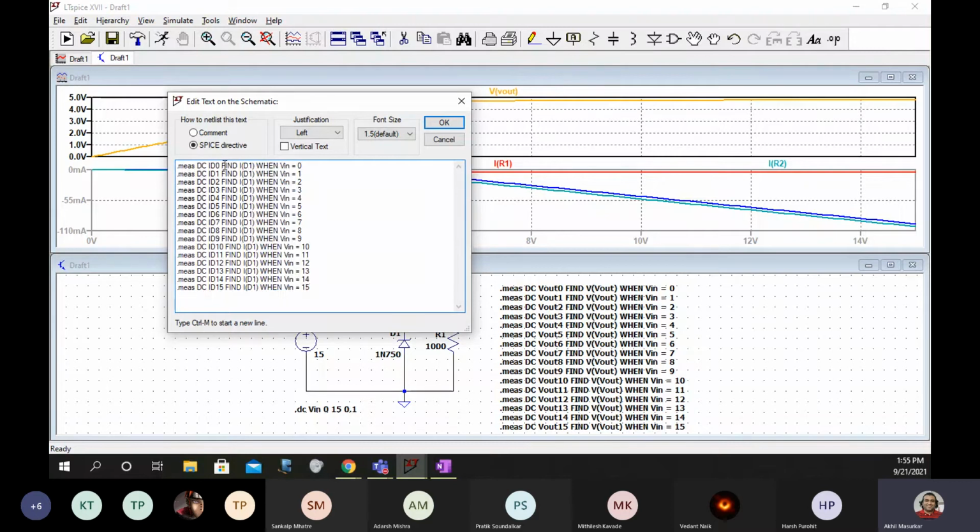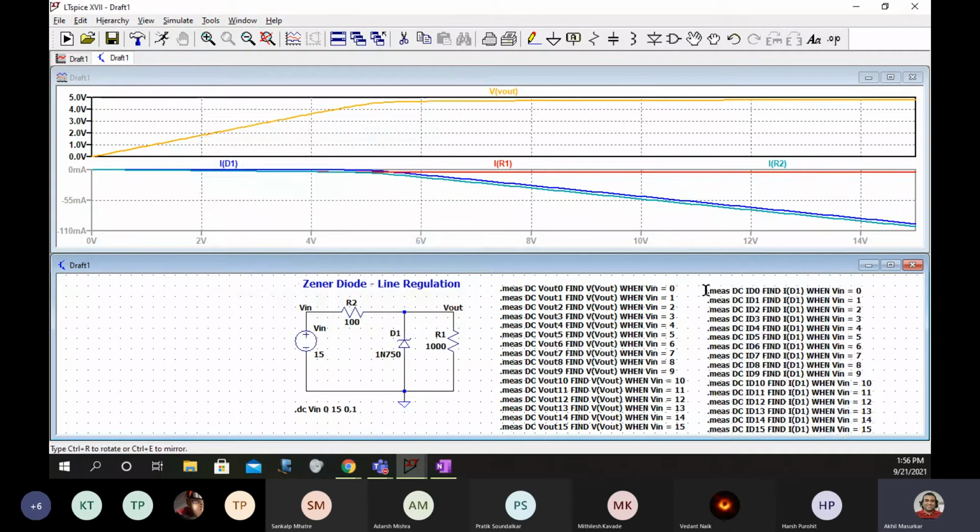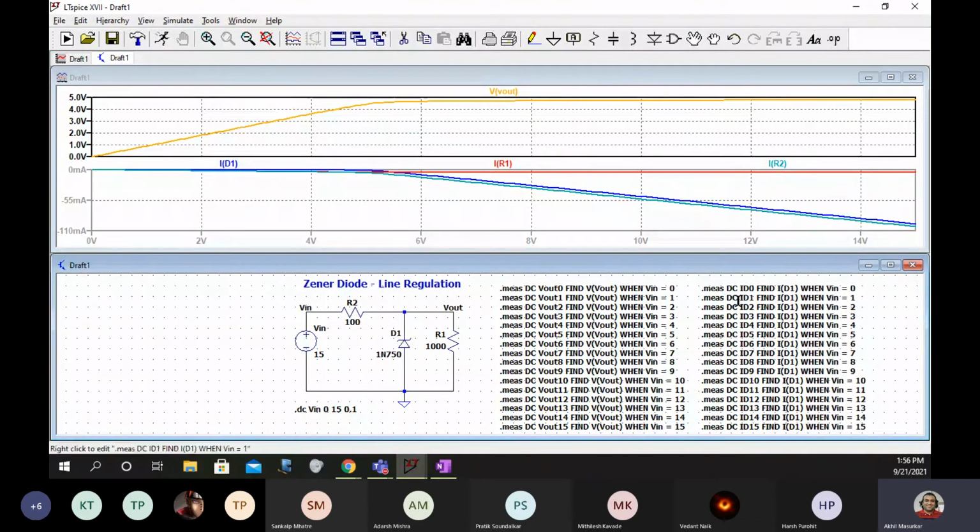Now you can see I want the current through the diode D1. So I write ID1 when Vin equals 0 and store it in the variable ID0, then ID1, ID2, ID3 like that. I say okay, and now I run this file again.